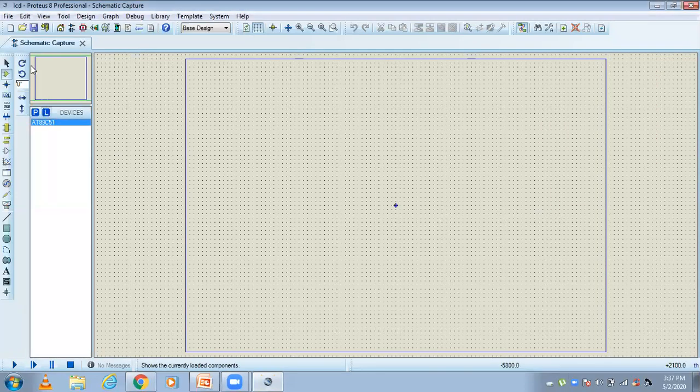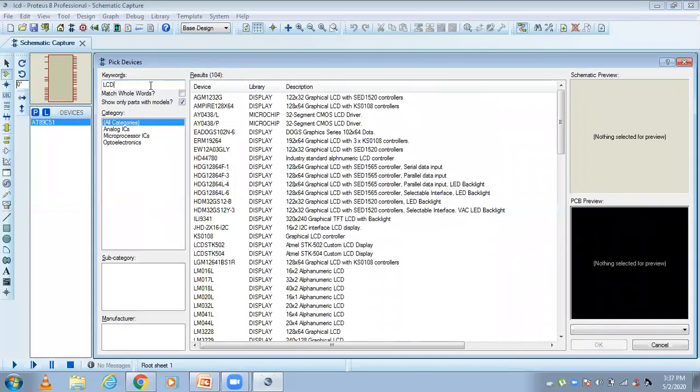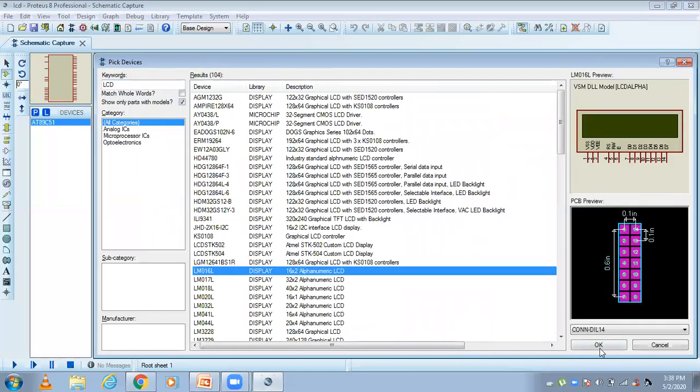Then I need an LCD. You can type here LCD 16x2. Display 16x2, select this.